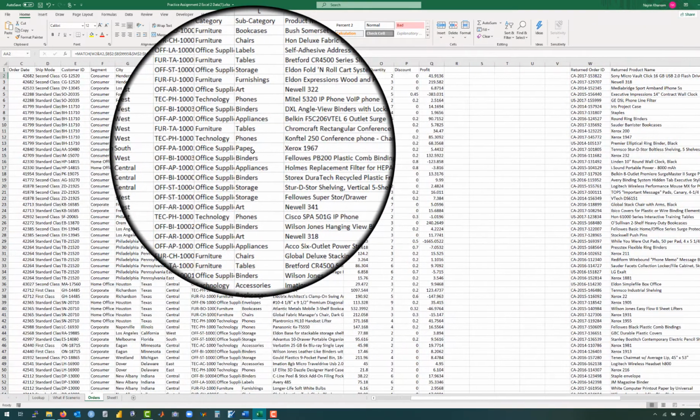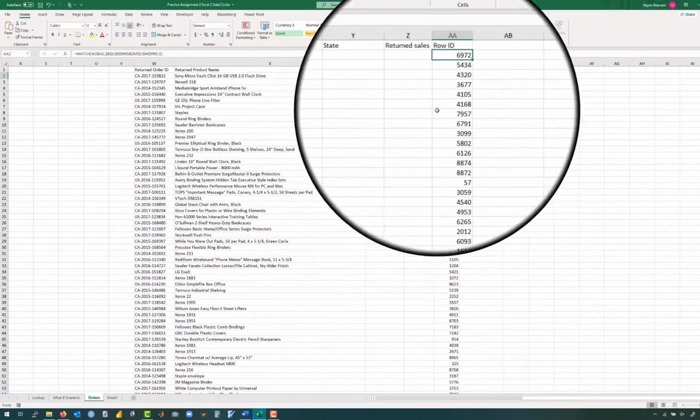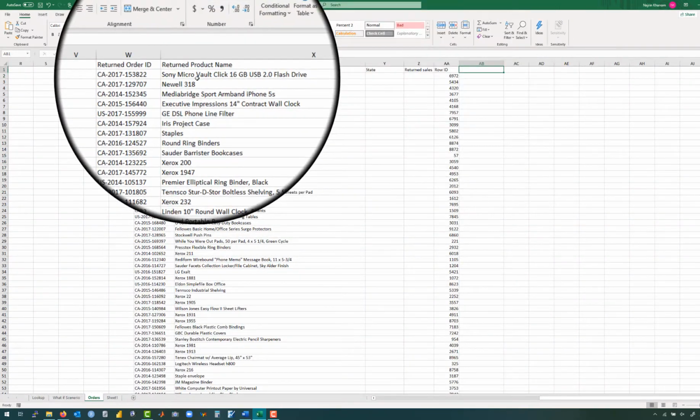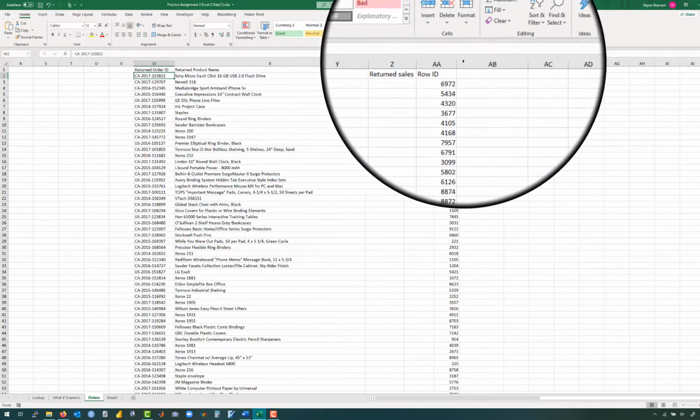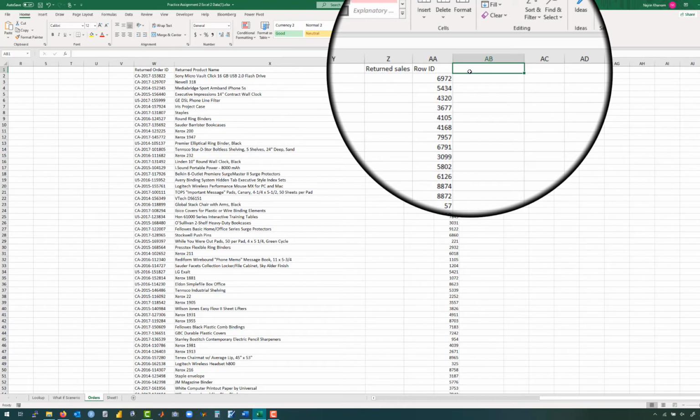So say we want to look up the product ID. This specific product name will have a product ID for this returned order ID. So let's do that. So product